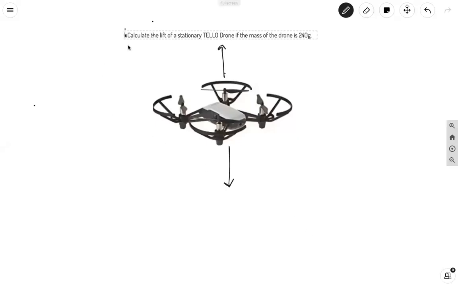All right, so it says calculate the lift of a stationary teledrone if the mass of the drone is 240 grams. All right, so the first thing we want to do is convert 240 grams to kilograms. All right, and we know that gravity